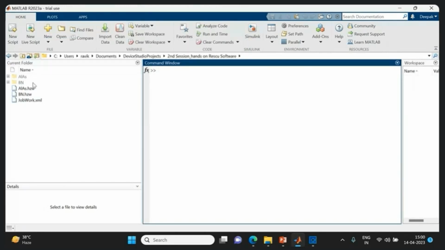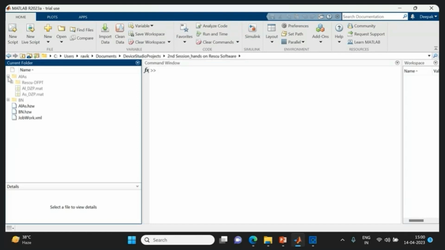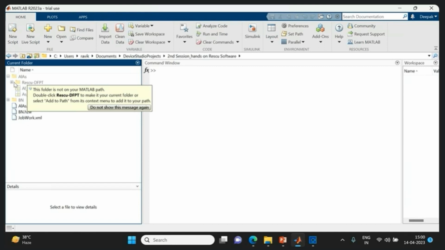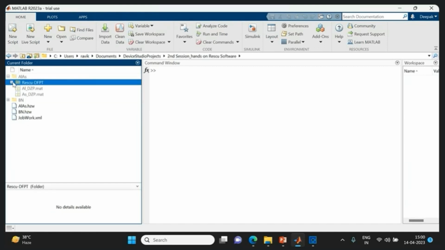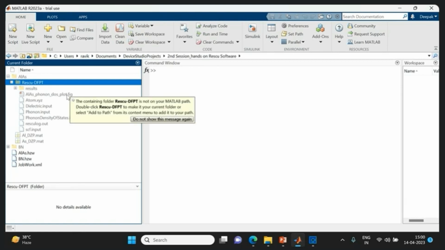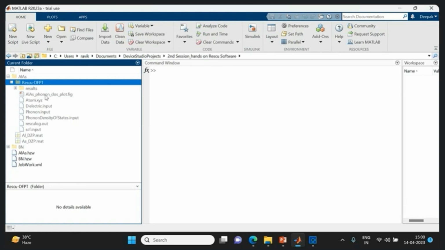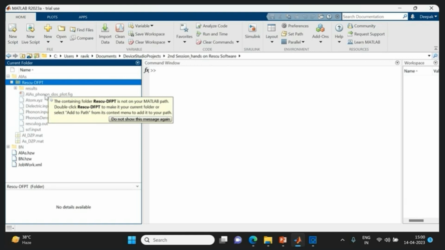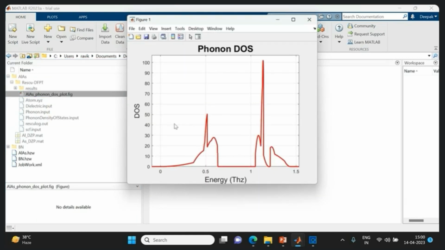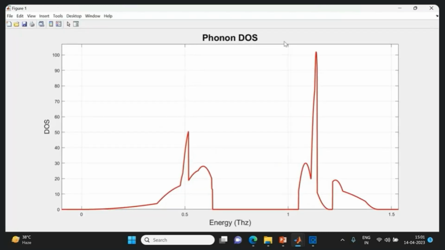And here you can see this is the boron nitride output folder. And this is the aluminum arsenide output folder. So you can select this file. Then you will get this RESCU DFPT file. Again you can open this file. And here you can see this is the aluminum arsenide phonon density of state output file. So you can double click on this phonon density of state